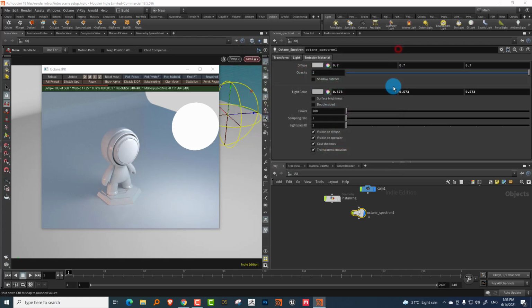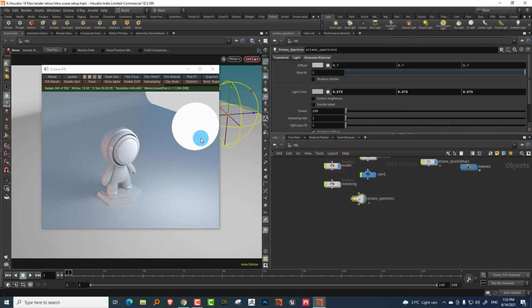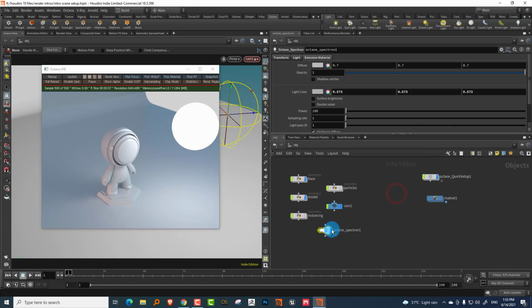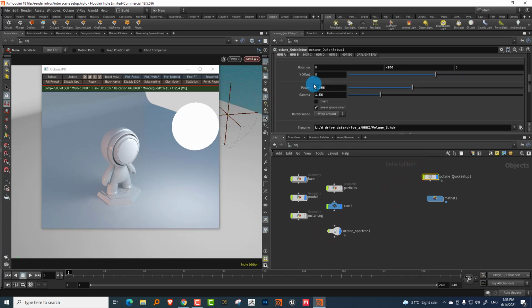And just to show you the difference, first of all, you'll notice it's a perfect sphere. You don't need to set any segments or anything to it. The Octane light is essentially, as I said, just an HDA and there are pieces of geometry in there. So a sphere is actually just a polygon sphere. Okay, now if I